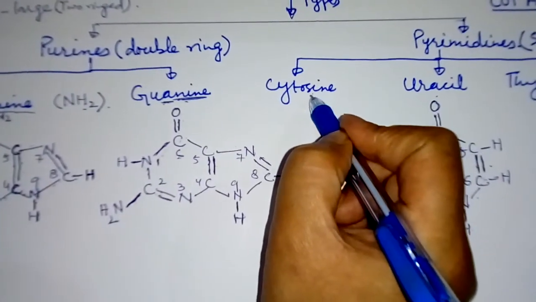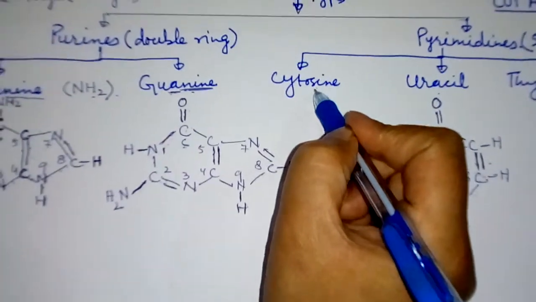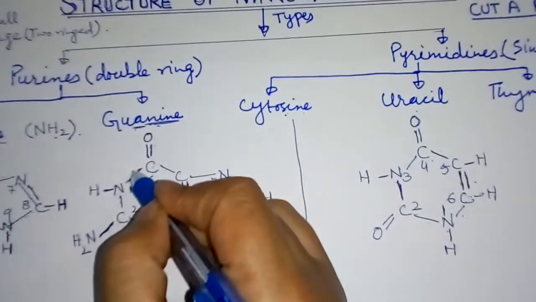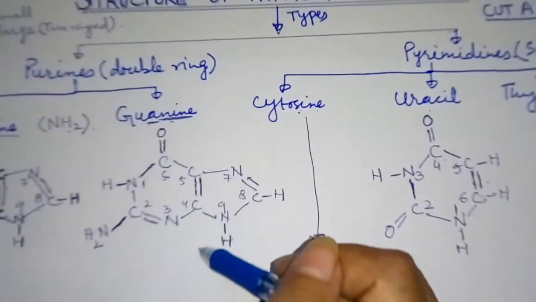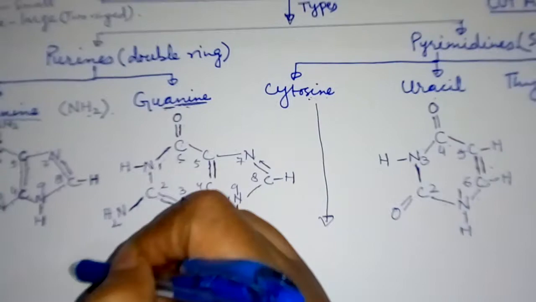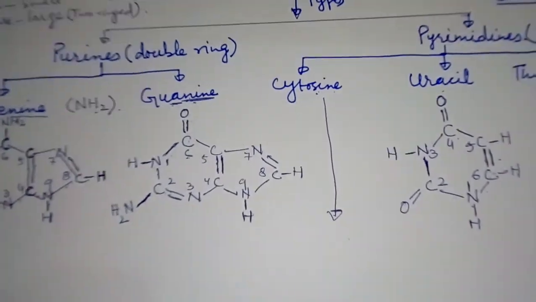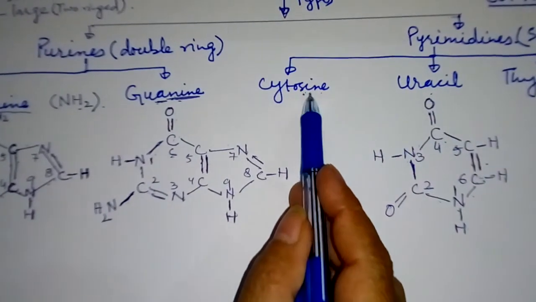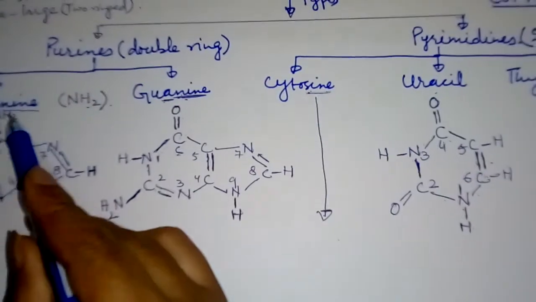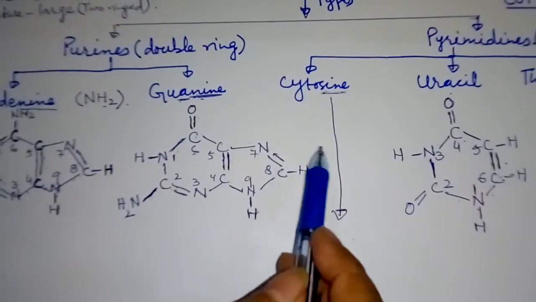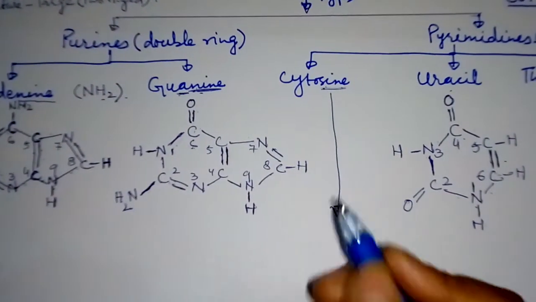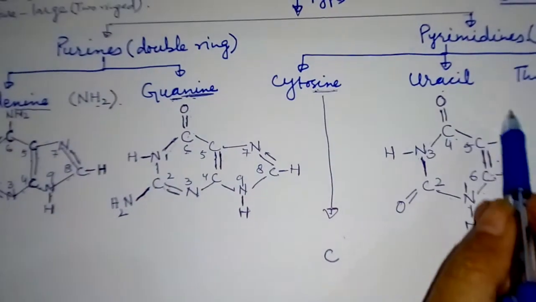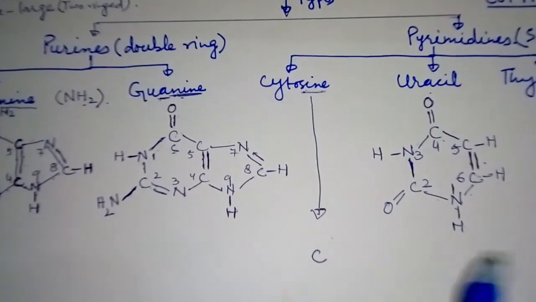Cytosine is not completed with "nine", but it has seen an amino group with both adenine and guanine, so it will copy it from there. You have to memorize it in this way: cytosine also has an amino group because it has seen an amino group with adenine and guanine, so it copies it from there. It is a simple trick to memorize. The rest of the structure is similar to that of uracil.